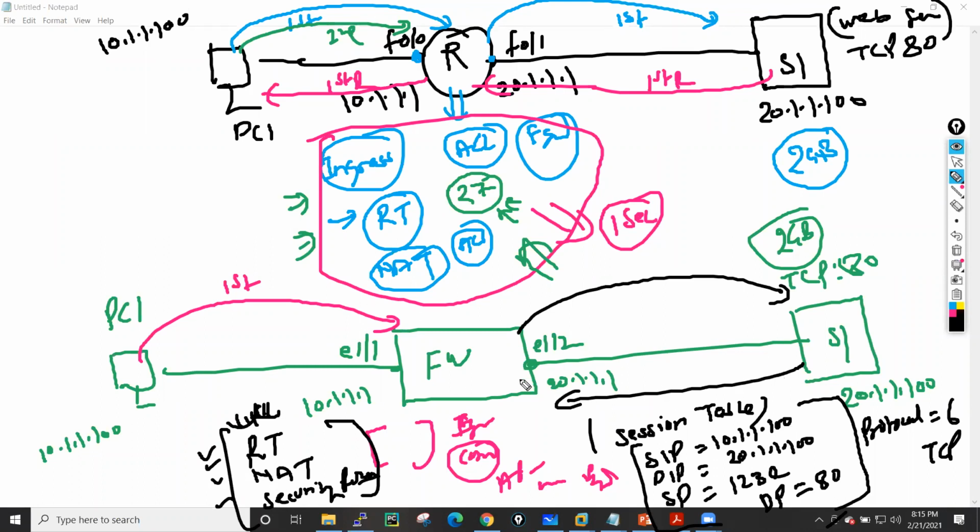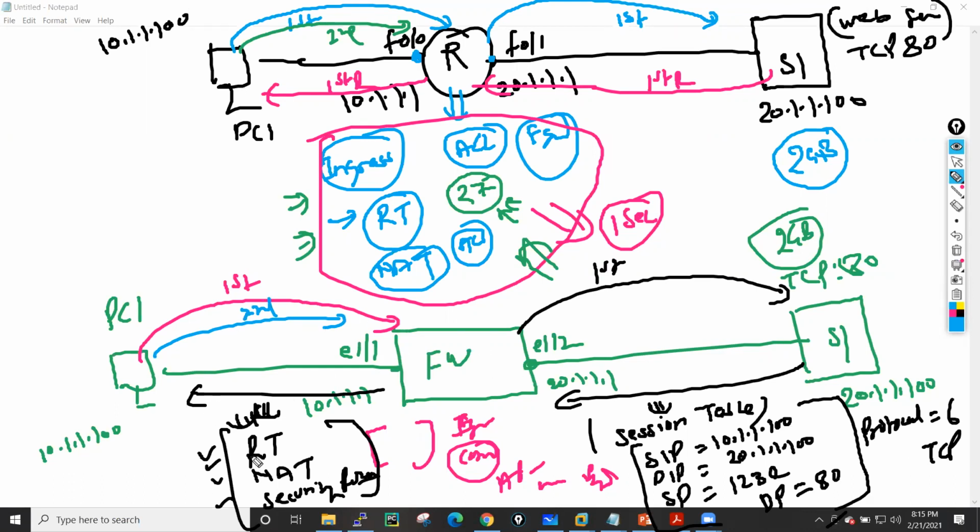When it receives the reply, it matches the reply on the basis of the session table, allows this traffic, and forwards it towards the PC. So this is with the first packet, right? Now whenever this server sends the second packet, because they need to download this 2 GB file, they will exchange multiple packets.